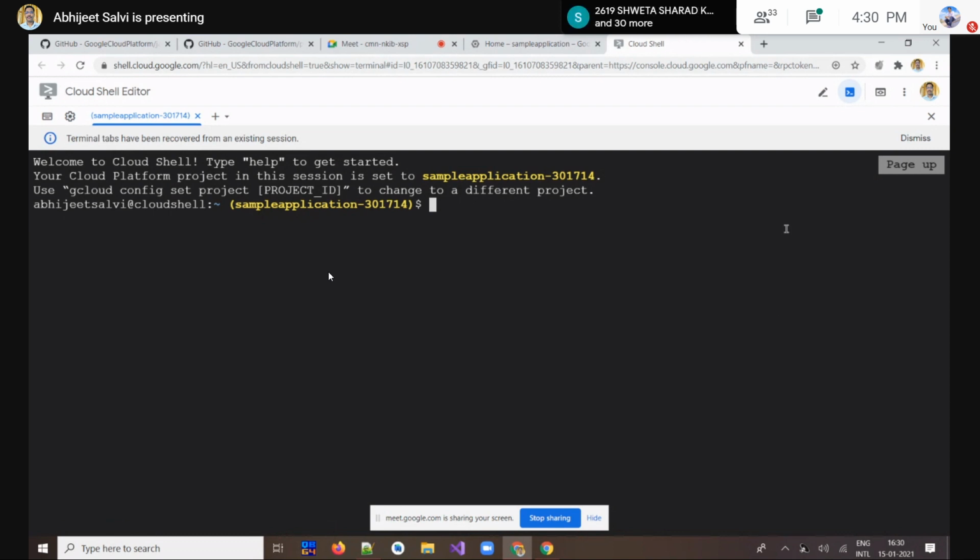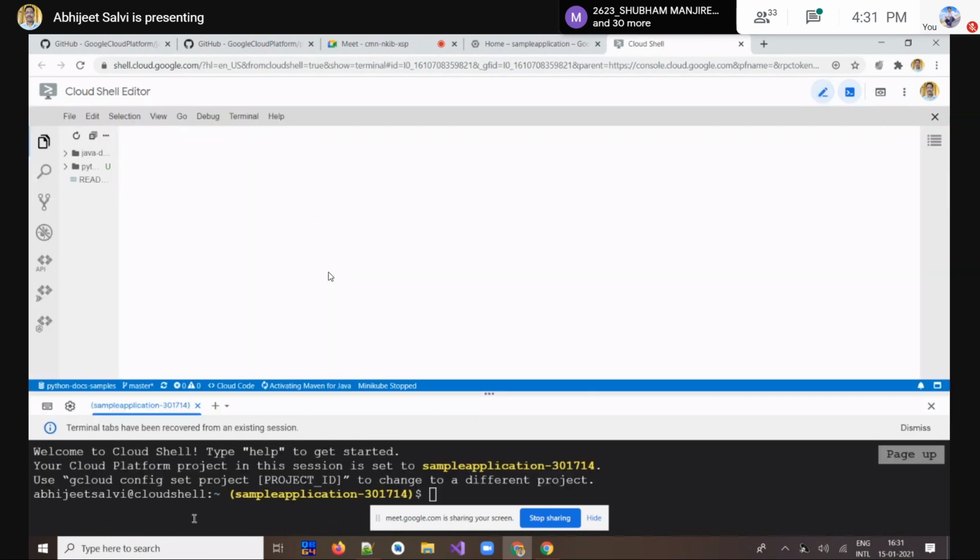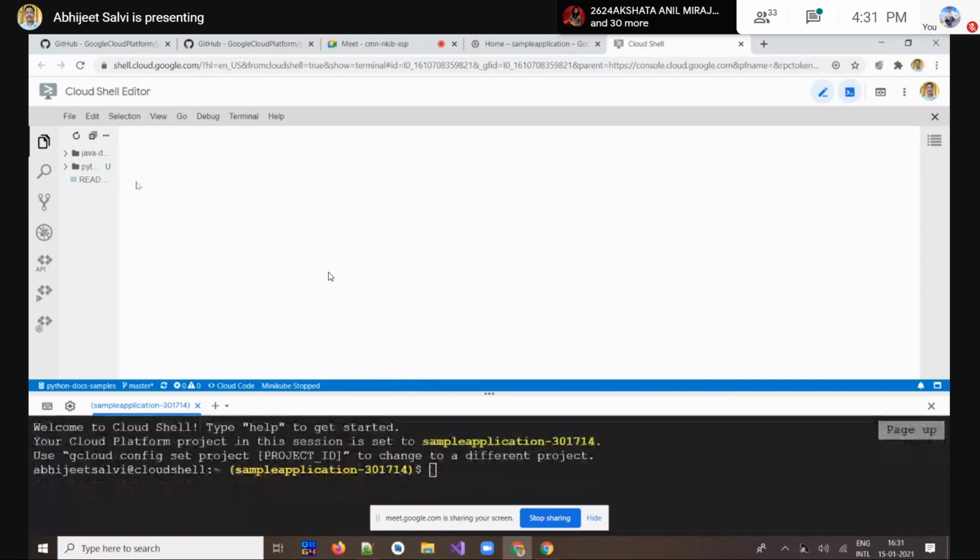After this, we can open the editor. There is an icon next to the pencil icon. We have to click on that to get a complete Cloud Shell with a GUI interface. At the top, whatever we are doing will be reflected in that GUI, so you can see what is happening with our commands. So that is the idea.